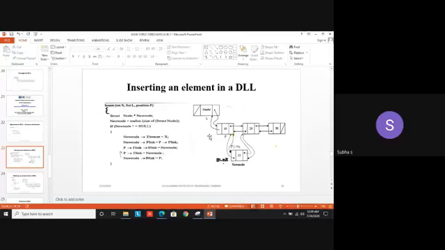The 30 backward link contains the address of node 20. Similarly, the 20 backward link has the address of 10. The 10 backward link has the address in the header, because the header holds the address of the element 10. Always the first element address will be present in the pointer called header.